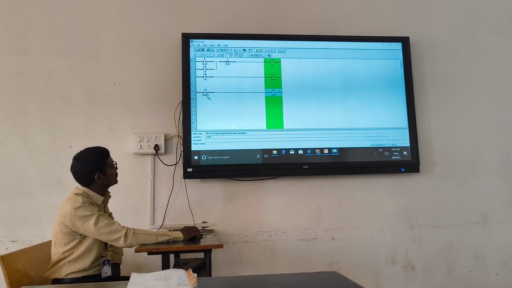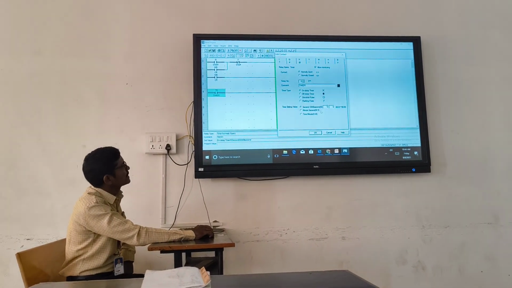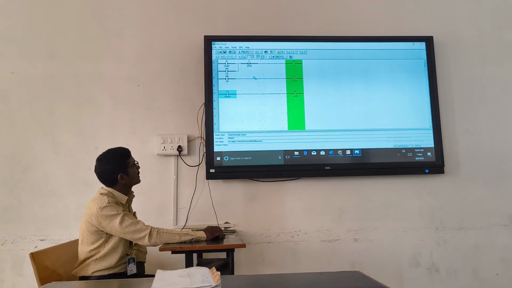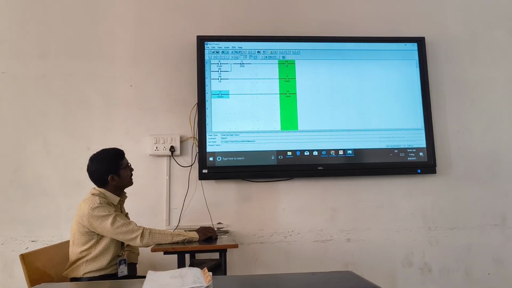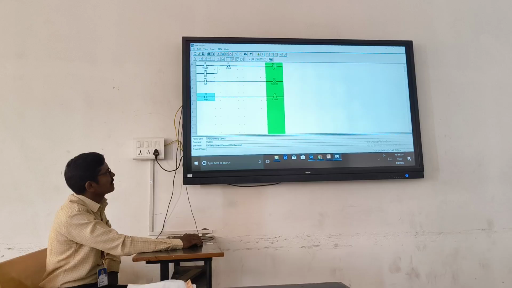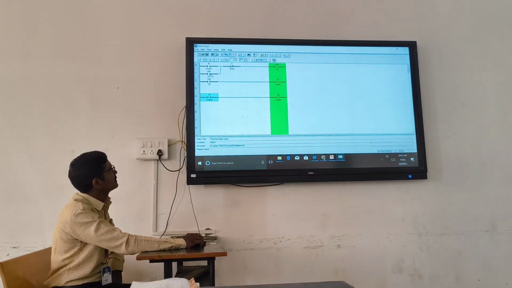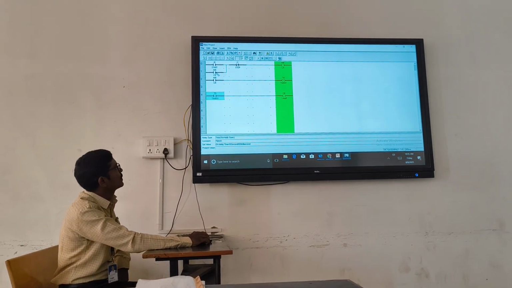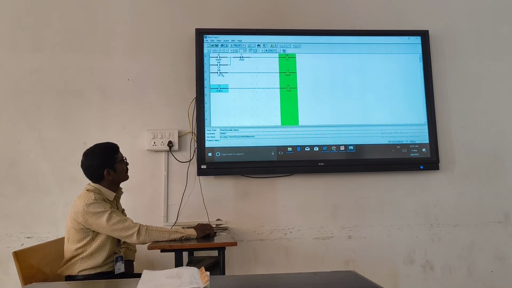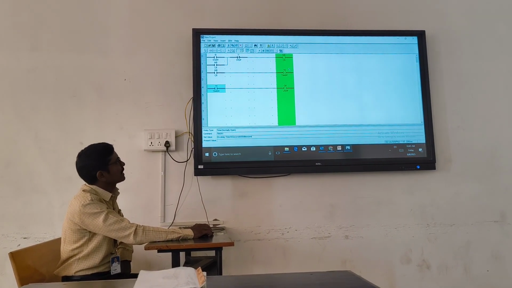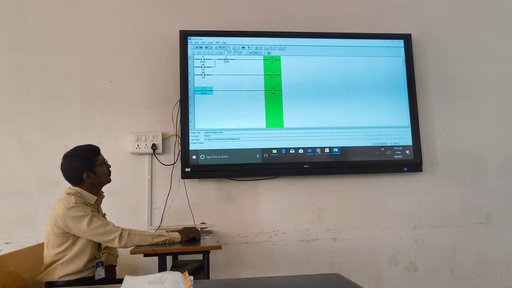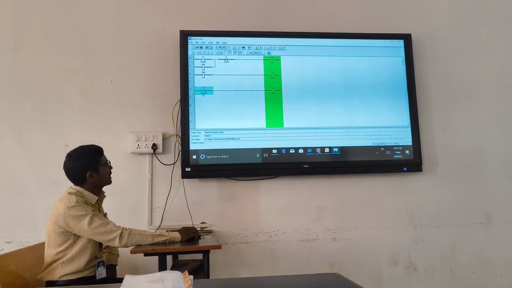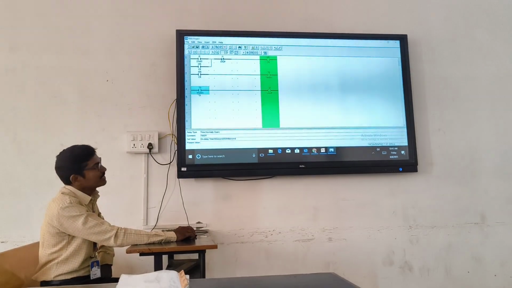Now we are using the time delay of 5 seconds. When you press the input to the control relay contact, it immediately energizes that control relay and changes its contacts CR1, CR2. After that, the timer coil will energize and takes 5 seconds to close this contact. This is the timer instruction program.